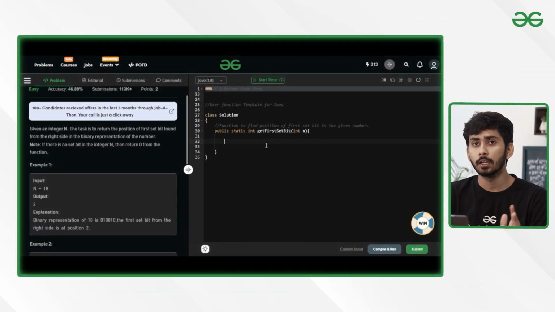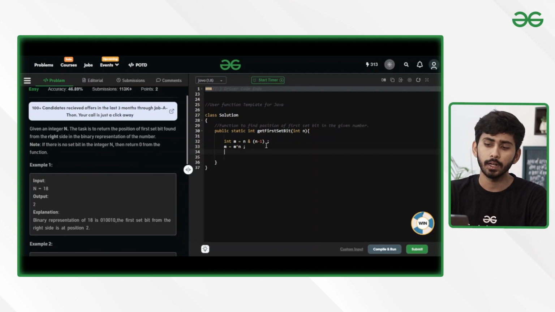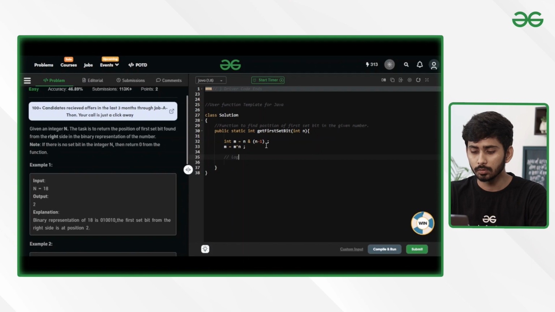So over here, I will be writing the algorithm in Java, but the same can be implemented in other languages. So now let's first of all find the value of m. M is what? M is nothing but n and n minus 1. So after finding the value of m, what I'll be finding? I'll be finding m XOR n, right? So after finding the XOR value, I will be finding that which power of 2 will represent m. So I need to find out basically log base 2 of m. So over here, I have the function to find log base e, right? So what I'll do, I'll be finding log of m divided by log of 2. So that will give me log m base 2.